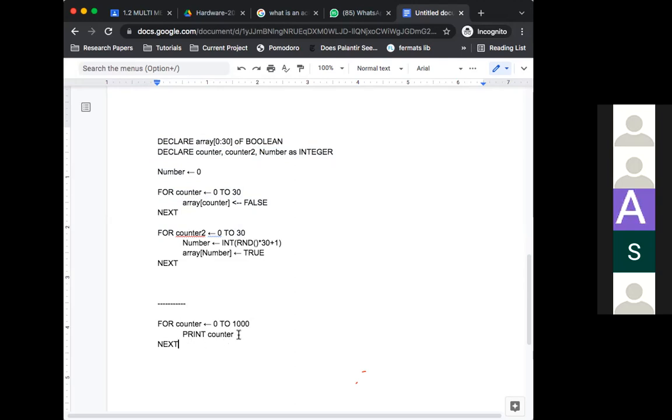But I don't want that. I want to print all the odd numbers from 0 to 1000. So what am I going to do now? I'm going to put an if statement in here. Now this will also teach you how not equals to works in pseudocode, right? In Python, that would be an exclamation mark equals to. In pseudocode, I will just show you what that is. I like putting everything in brackets, it's really nice and neat. So if counter mod 2, this is not equals to. This is how you add not equals to in pseudocode. If it's not equals to 0, then